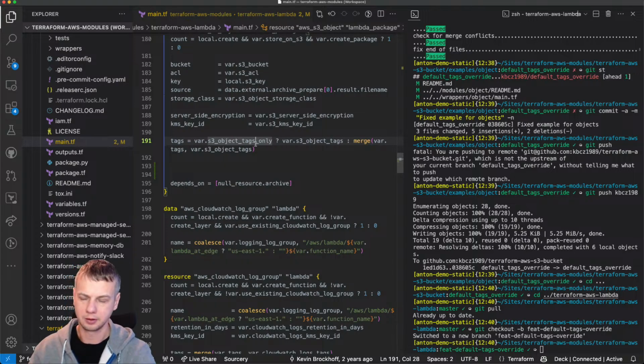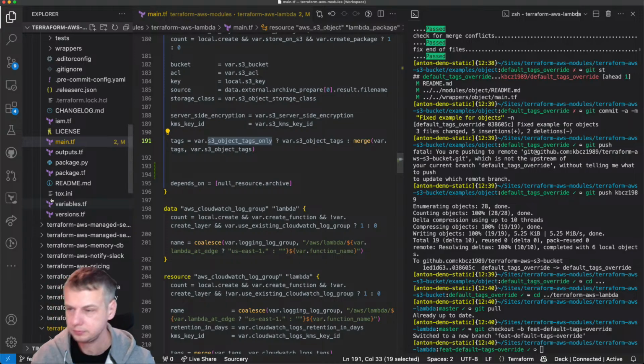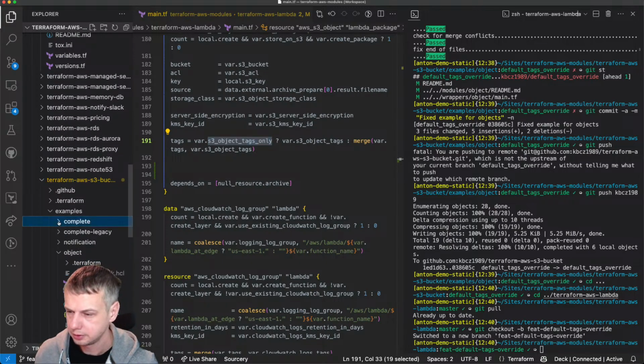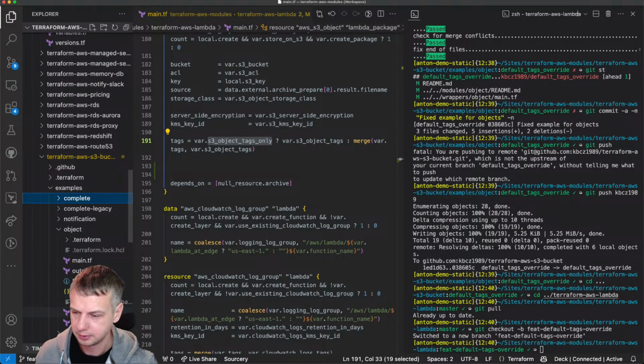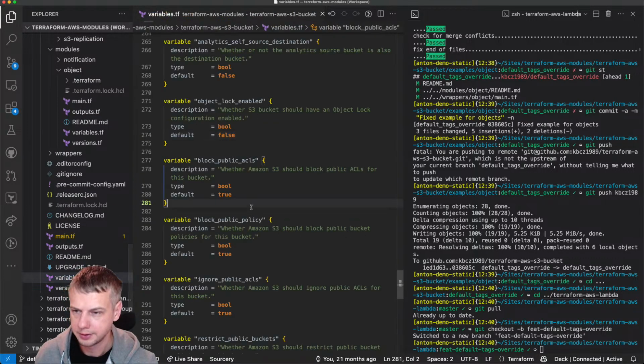S3 object tags on, or maybe extend this one. So when user wants to use this thing, do they expect it to be merged with default from provider? Good question, and I don't have an answer. That's why I'm going to copy code and not think twice about it.